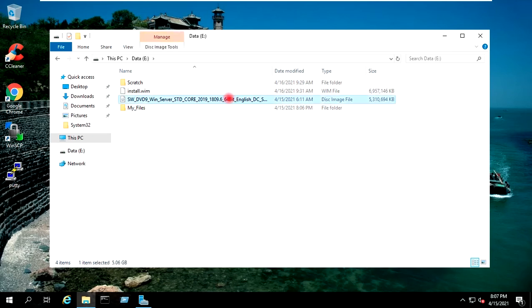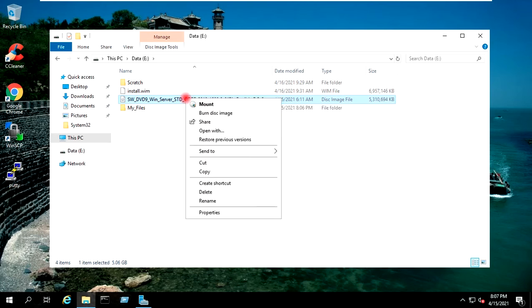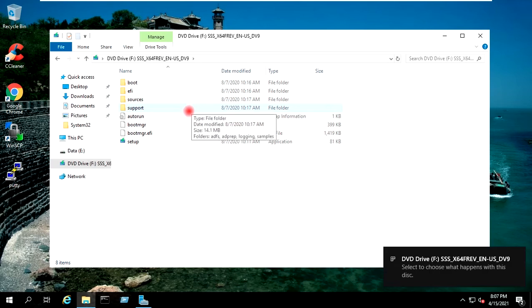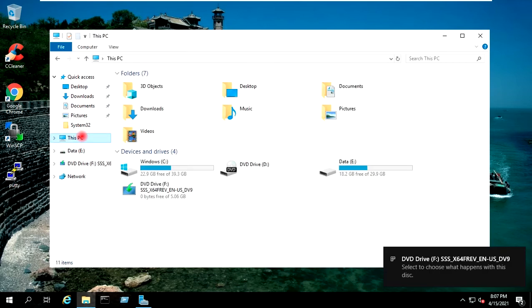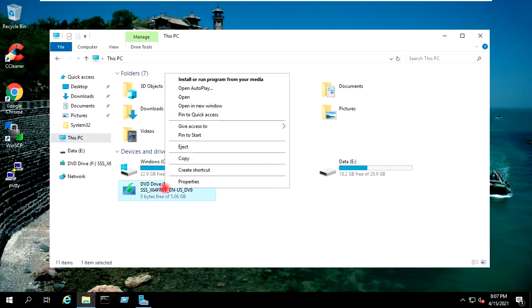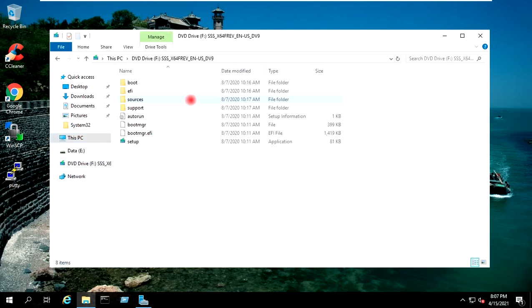This is the Windows Server 2019 ISO. I will right click on the ISO and I will mount it. I will open the mounted ISO. And I will copy all the content of the mounted ISO.